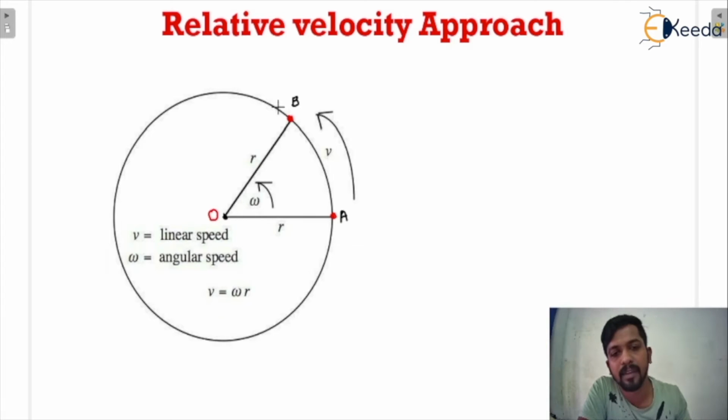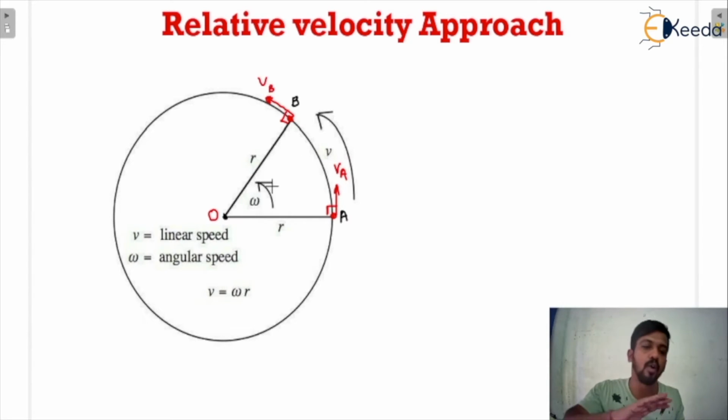So there is only one possibility for the motion of point B, that is perpendicular to the radius, and that would be VB. Similarly, the velocity of A will be perpendicular to the radius and that is denoted as VA. It is always perpendicular to the radius. Omega is rotating in the anti-clockwise direction, so that's why the velocity at point B will be like that.